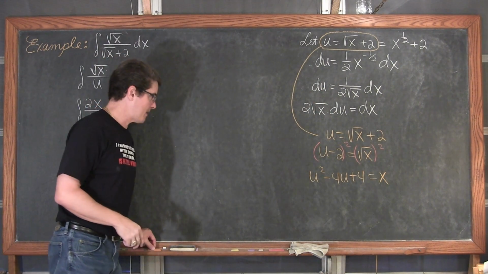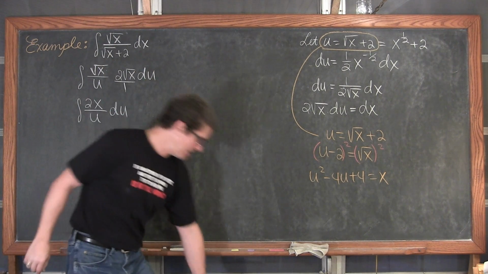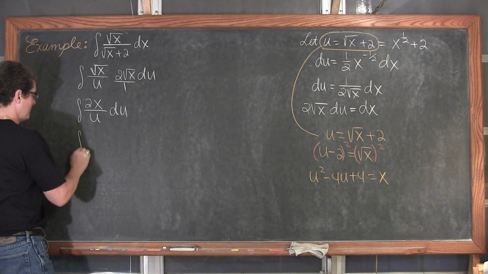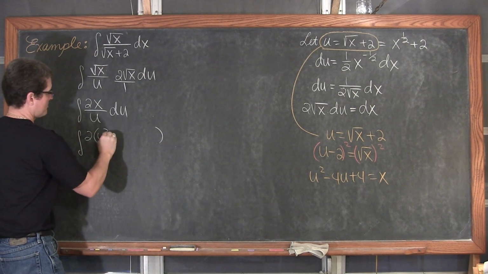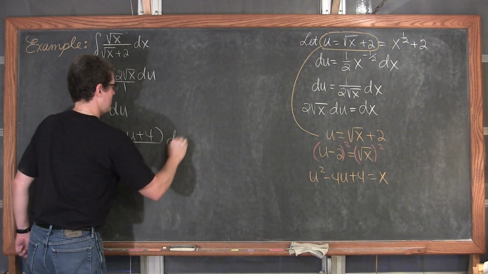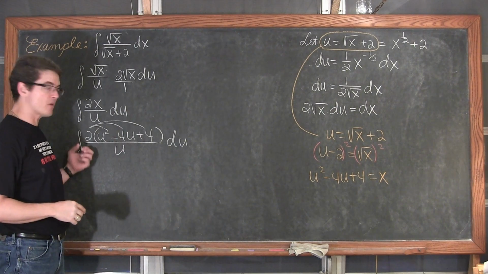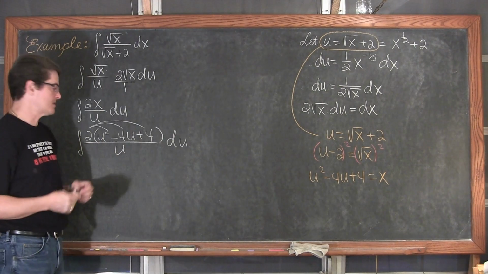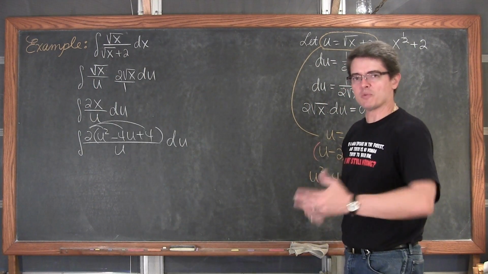Now I can get rid of all my references of x and complete my u substitution. So we have the indefinite integral of 2 times u squared minus 4u plus 4, over u du. Now I'm going to do a couple of things. I'm going to take this 2 and distribute it through my parentheses, and I'm also going to break this apart just to, again, get this in the smallest individual terms and make this as clear as possible. And if you can do this in fewer steps, we'll do so. But for teaching purposes, I like to show everything.